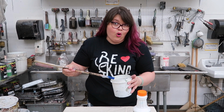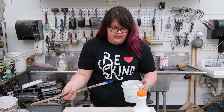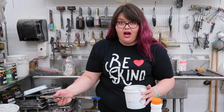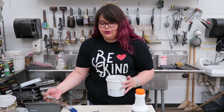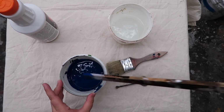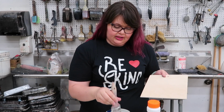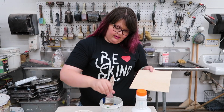Now we're gonna add water to make it super runny so it goes on really nicely. I always overdo it with the water, so wish me luck. Just a little water. Let's see how that looks. Whoa, as I smoosh paint all over. Oh, that's perfect. Before this gets anywhere near my final project, I'm gonna put it on some swatches of wood